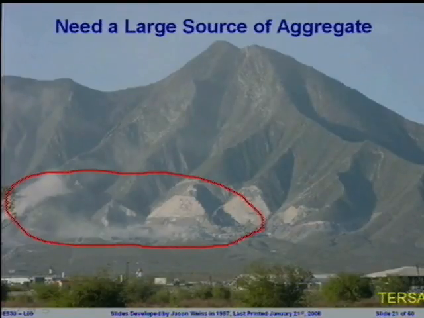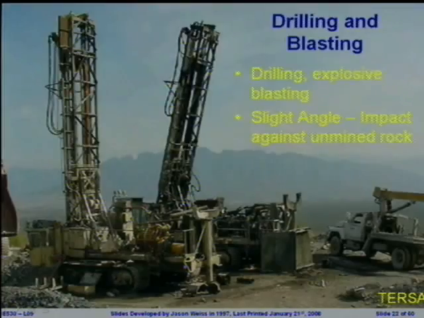There's a cloud of dust going on. This cloud of dust is the slow capture of this mountain and converting it back into aggregates for use in concrete. So you need a really large source of aggregate because of the amount of aggregate that's being utilized. One of the first things that's going to be done to get in and start quarrying this aggregate out is